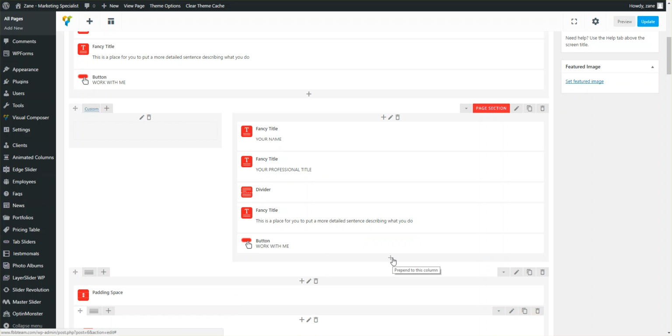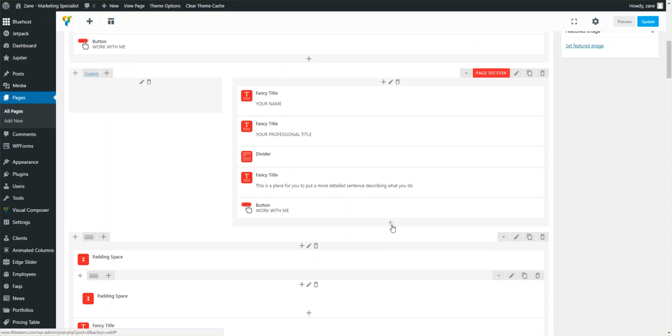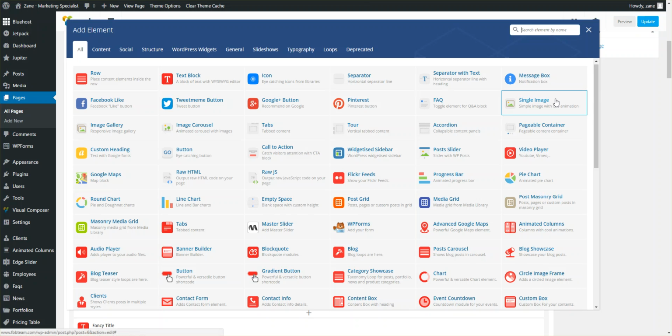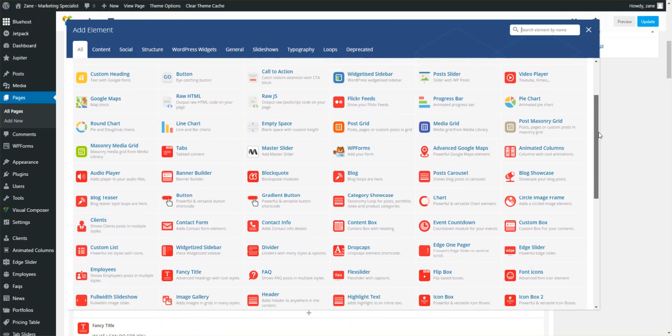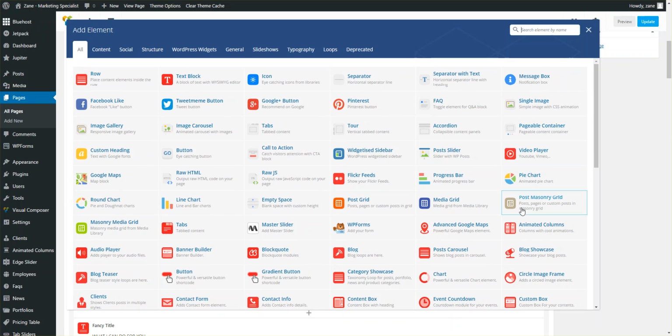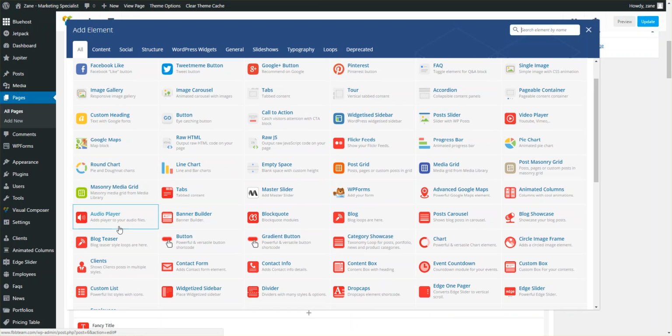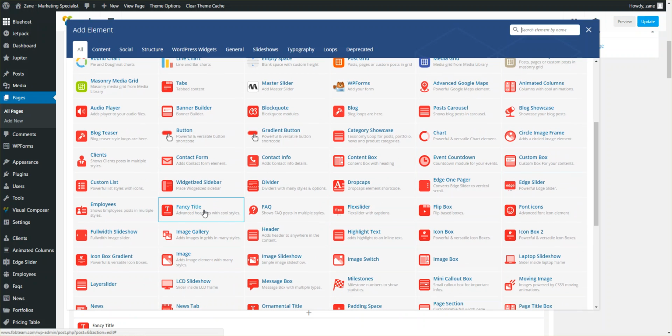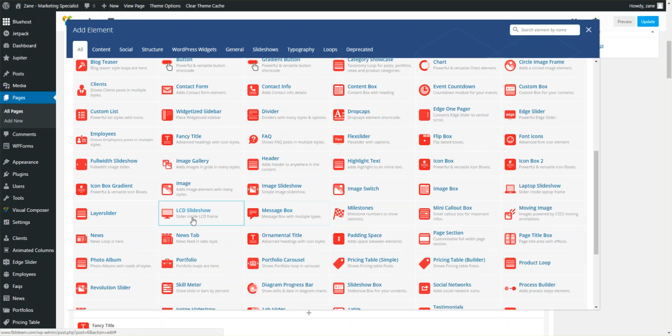But if I hit this plus icon, let's just hit that plus icon here. I want to show you all of the options that you have available to you within the Visual Composer. So as you can see, there's just tons and tons of options available to you. Everything from Google Maps all the way to forms, to tabs, to an audio player, to countdowns, custom boxes, titles, fancy titles, full width slideshows, an LCD slideshow, which is basically like an LCD screen, and inside the screen you can have a slideshow,